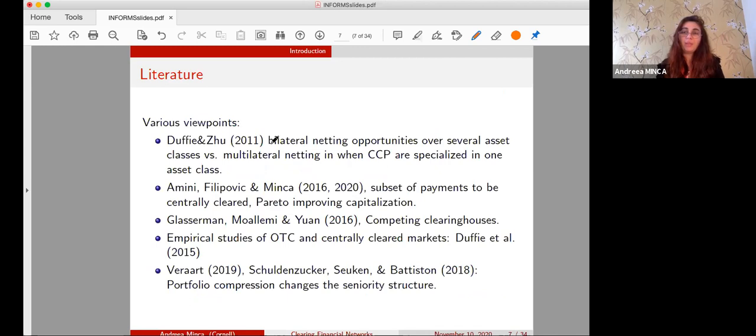And a few words about the literature. It's just a very small number of papers that has addressed clearinghouses, and there are much more works that address in general systemic risk and financial networks, but I will not enter those details here. So all of this is in the written tutorial. So I would like to emphasize a few viewpoints. So Duffie and Zhu,